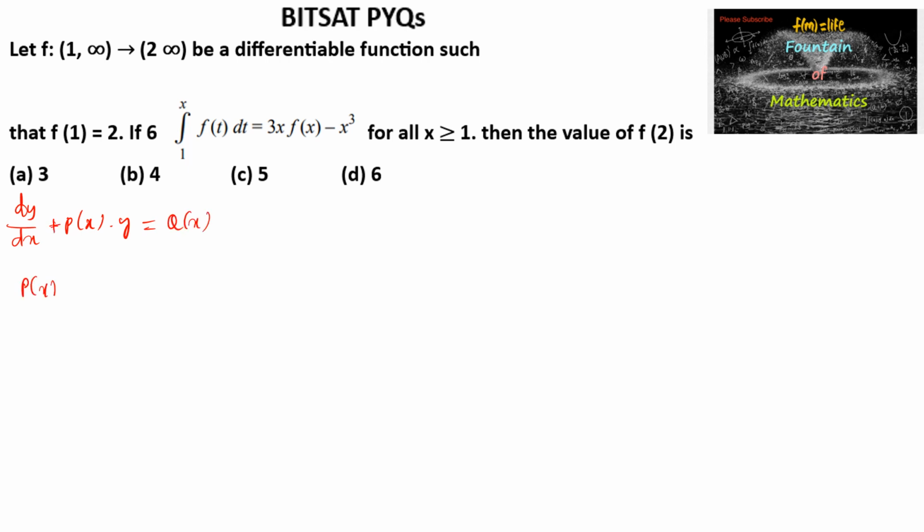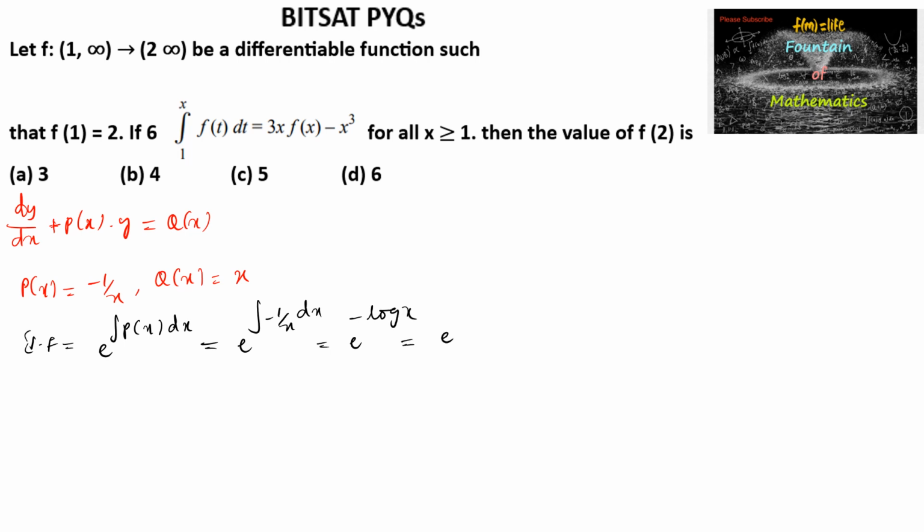So p of x is equal to negative 1 upon x and q of x is equal to x, and its integrating factor is e to the power integral p of x dx, which is equal to e to the power integral minus 1 upon x dx. That is e to the power minus log x, or we can write e to the power log x to the power minus 1, that is e to the power log 1 upon x. Since the base is same here, we can use the property and write 1 upon x. So the integrating factor is 1 upon x, and the general solution